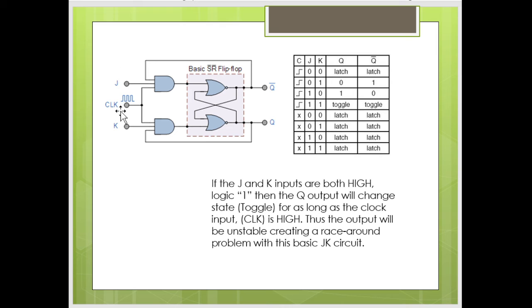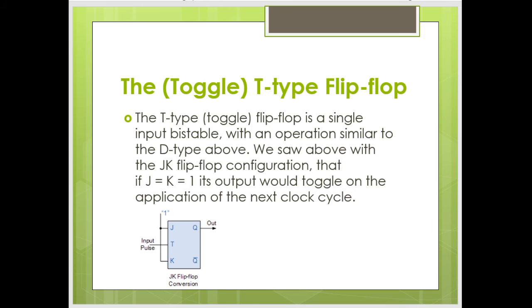As both J and K are 1, both the inputs of the AND gate will toggle every time, and due to which the output, and this time the input to the JK flip flop will depend upon the output condition of the previous state, and that will toggle the state of the RS flip flop. That means the RS flip flop will never go into the forbidden condition, it will toggle every time the clock pulse appears. Now, with this JK flip-flop, we can design one more new type of flip-flop, that is called toggle